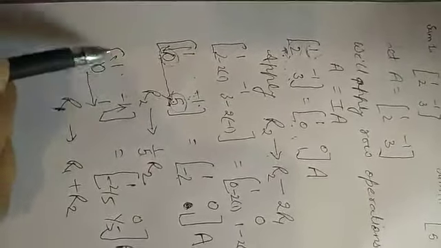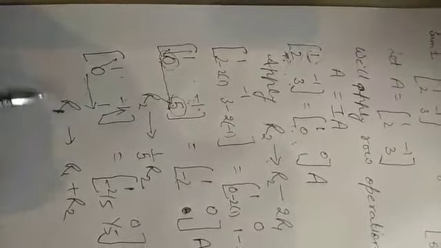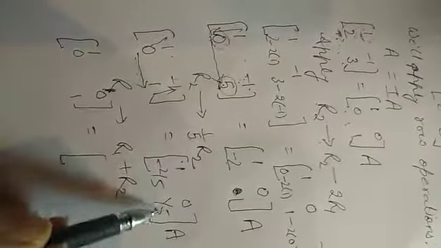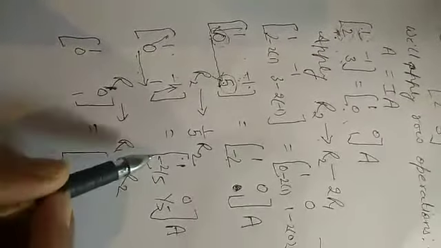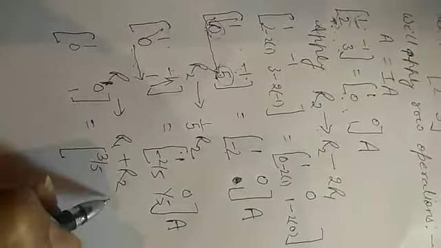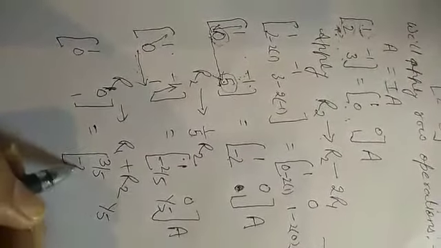Because in the elements of R1, I will add the elements of R2. So it will become 1 plus 0 will give you 1. Minus 1 plus 1 will give you 0. And no change in R2, we will keep it as such. The same operation will be applied here: R1 elements plus R2 elements. 1 plus of minus 2 by 5 will become 3 by 5. And here it will become 1 by 5. And this is minus 2 by 5. And it is 1 by 5. And here we have A.